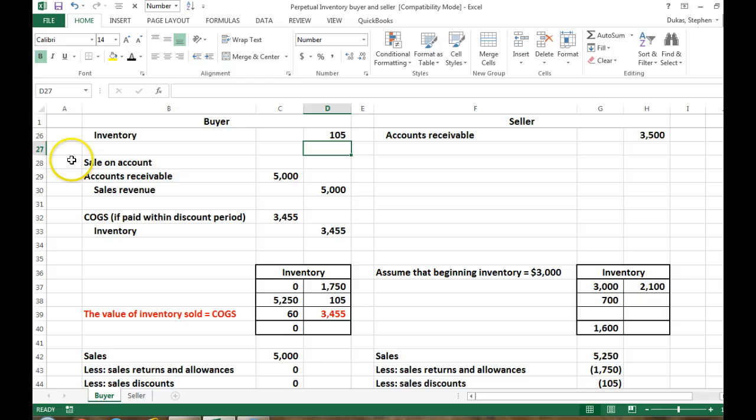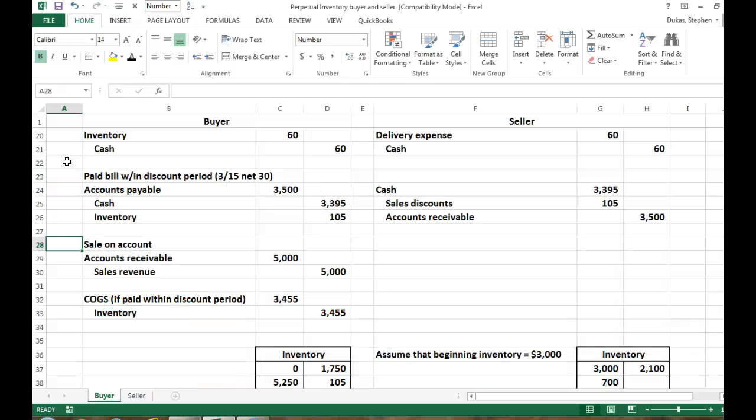Now let's say the buyer sells inventory on account, and let's say they sell it for $5,000. Well, in this case, they're getting an accounts receivable for $5,000 and recognizing sales revenue of $5,000, and then cost of goods sold is $3,455,